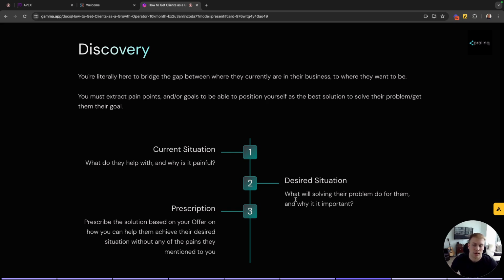Okay. Whatever they want. Now you got to understand that if you're partnering with creators, or somebody that has a specific skill, they're not necessarily a marketer, you're coming in to solve that marketing issue for them, right? But you're not just going to say, yeah, I'm just going to do Facebook ads for you. Yeah, I'm just going to do Instagram outreach for you. They're like, what is that? What is that? No, no, no. They want you to prescribe them the specific solution to the pain that they're going through and the desired situation